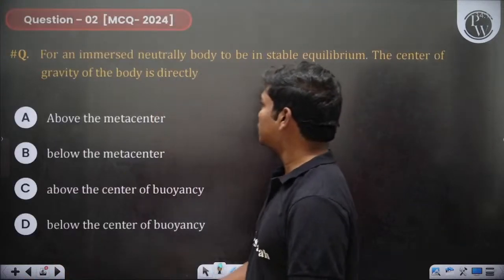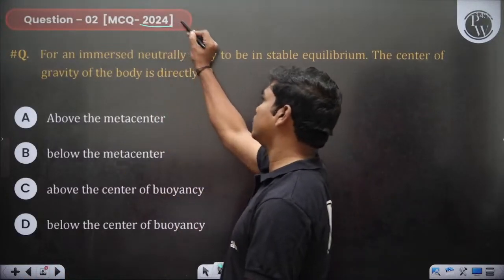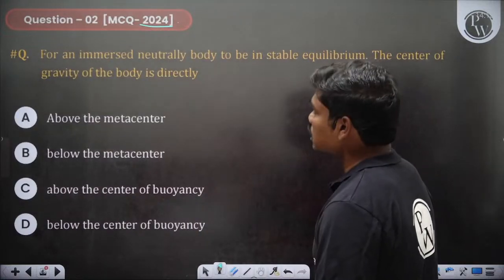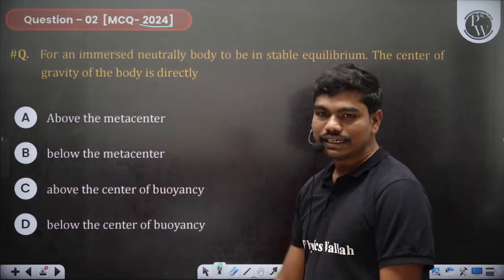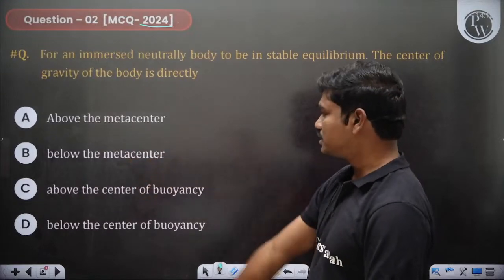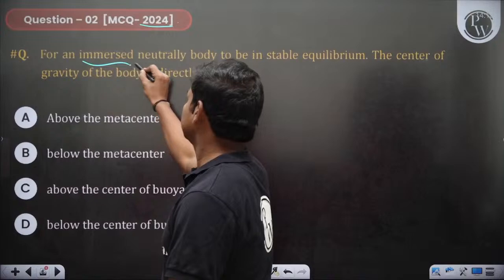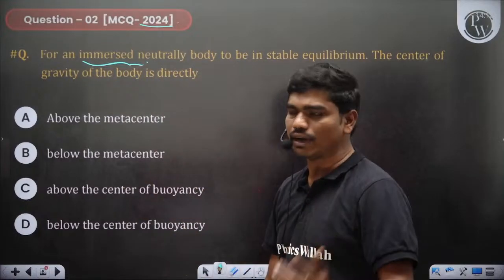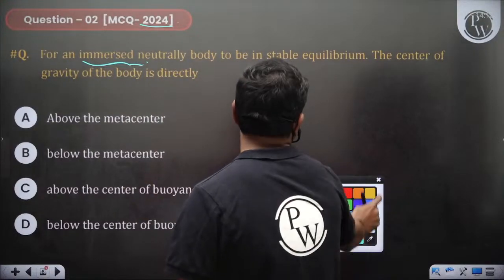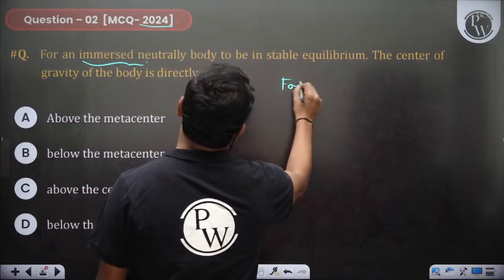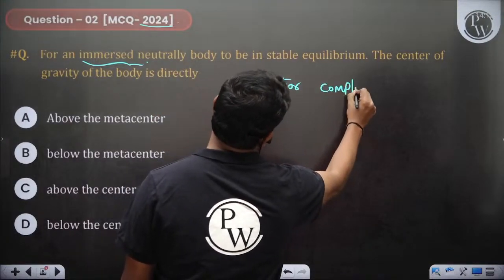Now second question. Now tell me, MCQ 2024, for an immersed neutrally buoyant body to be in stable equilibrium, the center of gravity of the body is directly above the meta center, below the meta center, above the center of buoyancy, below the center of buoyancy. Okay, and it's immersed. Okay, it's fully immersed and neutrally buoyant, of course. Okay, neutrally buoyant body. Then to be in stable equilibrium, you know, for completely submerged bodies,